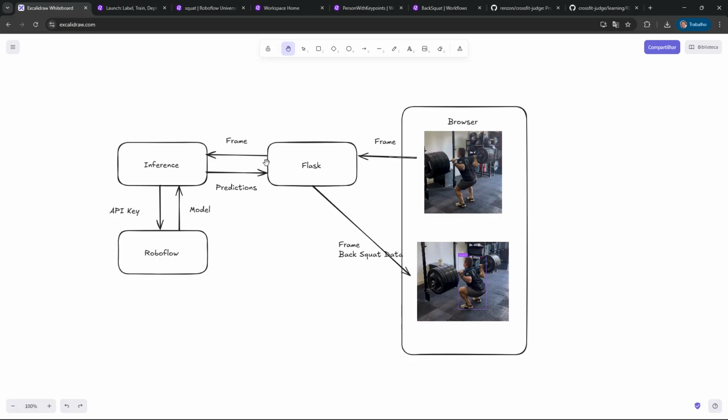It's going to send the frame to the inference server, that's a tool from Roboflow. The Roboflow inference server is going to use an API key that you can grab on Roboflow once you create an account. It's going to grab a model, a computer vision model that can make the inference, as the name says. So it's going to grab a model that you can indicate in the project.